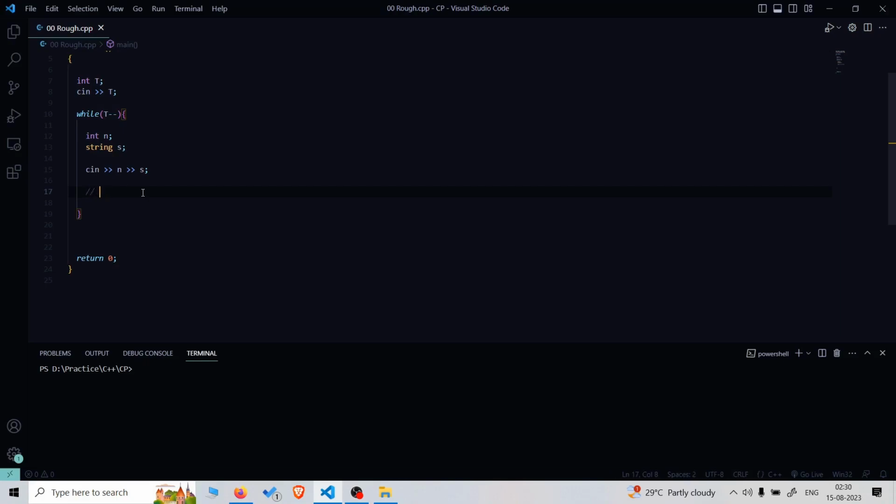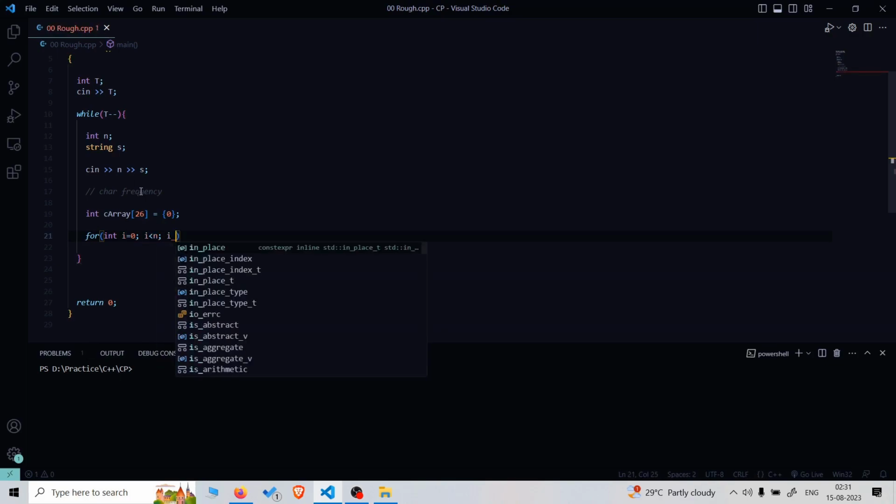So there can be many ways in which you can count the character frequency. However, since this is a beginner level question, I am not going to use a standard function and rather keep this approach primitive. So we can just create an int array with the size of 26 and initialize it to 0. So this array will be used to count the character frequency, and for that we just have to traverse the string along its length, and